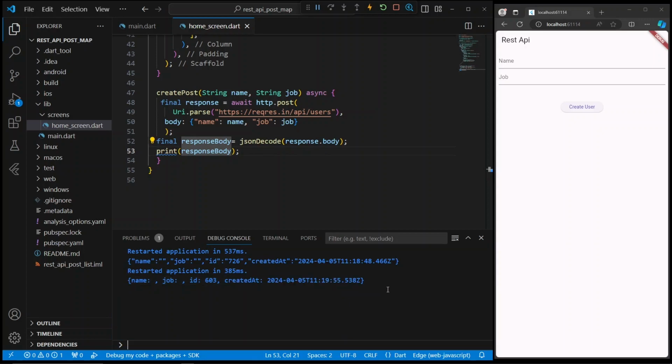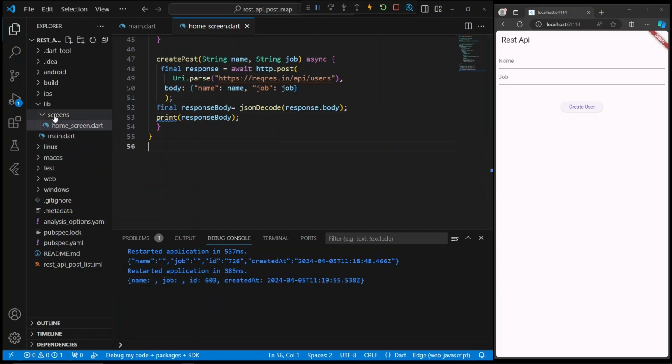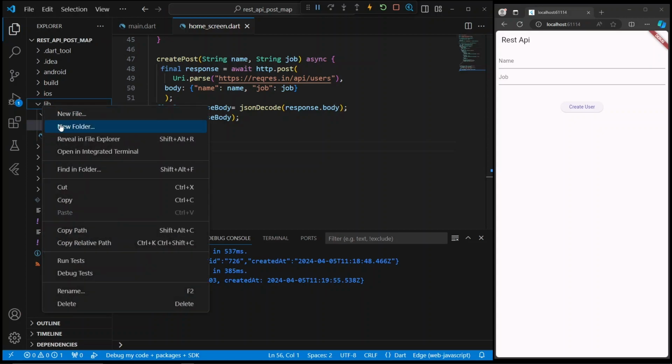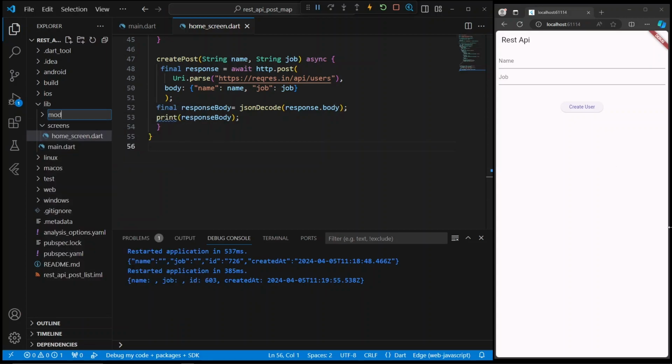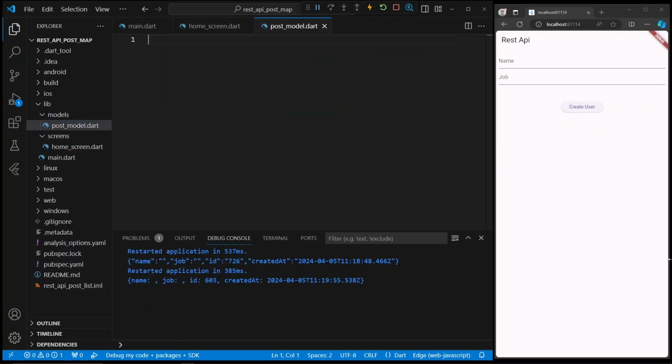Perfect. Go to lib and create a new folder called models, and inside that generate a file called usermodel.dart.